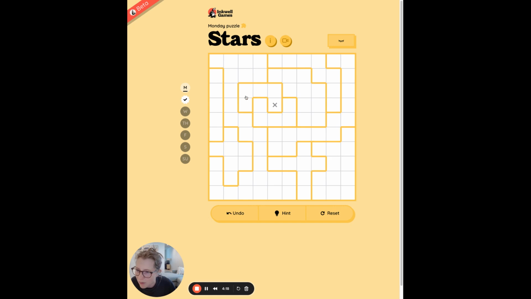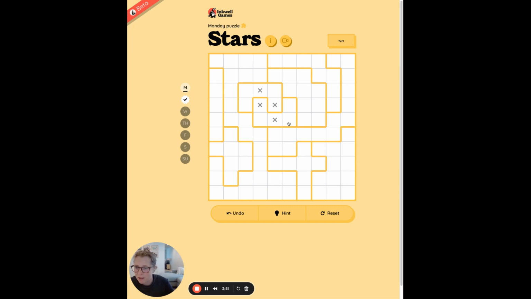And then I can do the same thing with this horseshoe up here. And suddenly I have a lot more information. Oops, not there. Here is the inside of that horseshoe. And suddenly both of those horseshoes became L shapes. What I know about L shapes is I can X out this cell because it would touch all the other cells. And I'll X out this cell of that L shape as well,